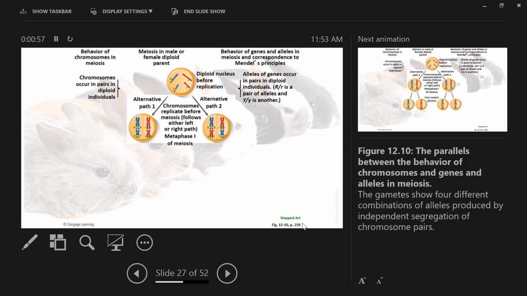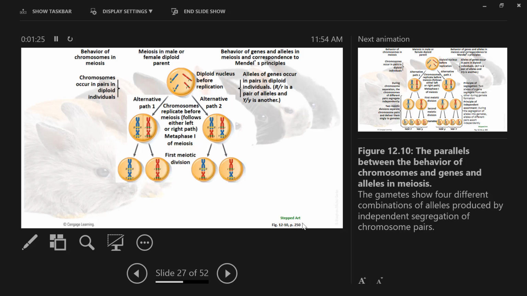And then here we've gone through where we're at metaphase 1, and we've got what we would call independent assortment going on, right? Where we can line up all of our maternal on the same side and all paternal on the same side, or we can line them up a little bit differently, right? And so this is a relatively simple situation where we only have 2 chromosomes, and then each chromosome has 2 copies. And then after that meiotic division is done, after anaphase 1, we end up with basically 4 different types of nuclei. Not 4 different nuclei, because after meiosis 1 we only have 2, but there are 4 different